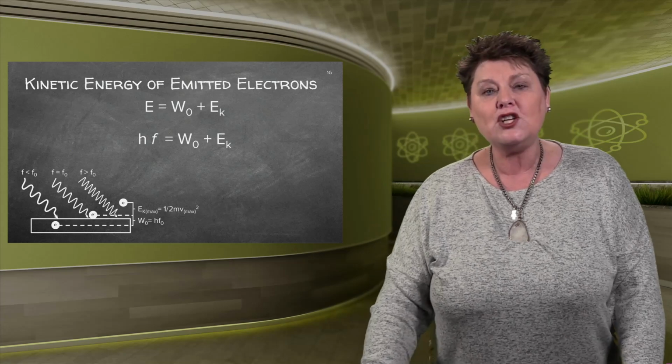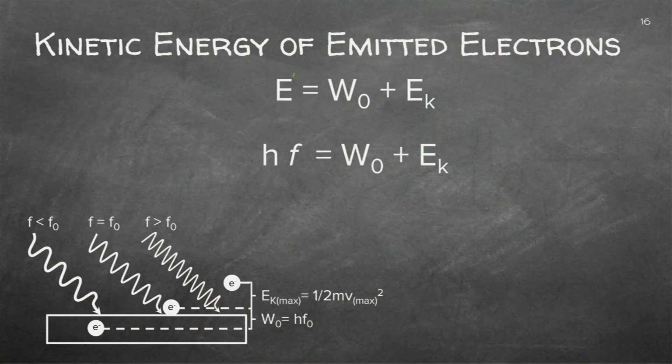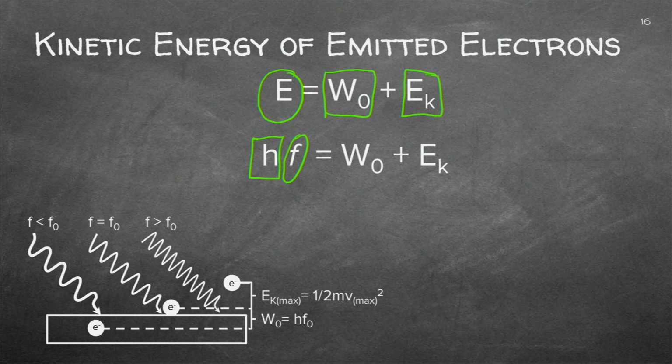Right, the equation we're going to use will be the energy coming in, and that's of the light. And we know the frequency will determine the energy coming in, and this is the constant of Planck. That will be equal to the work function plus the kinetic energy of the electron coming out. So I know if I've got, for instance, 100 joules coming in, and this is only 25, I'll be left with 75. So yes, an electron will be emitted.